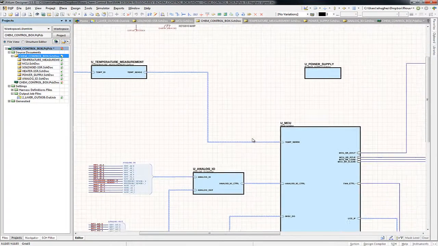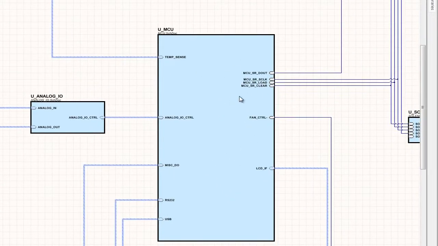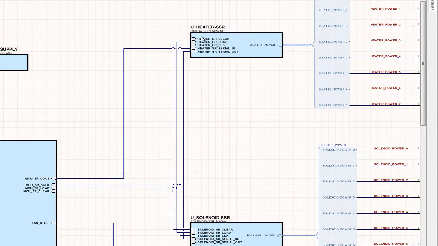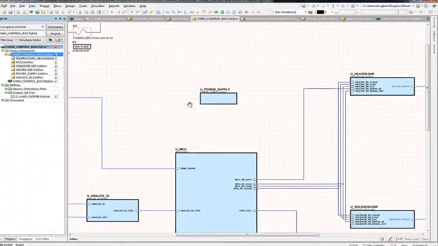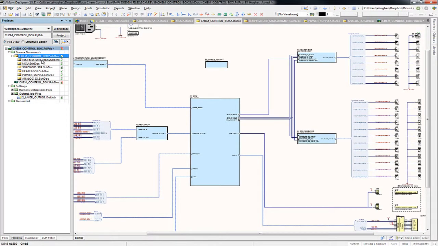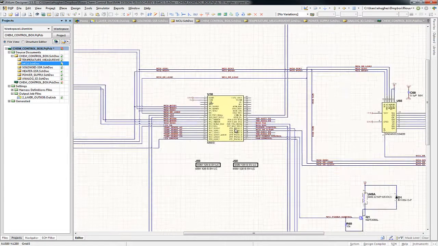So there's one in the middle called UMCU, for microcontroller. This shows all of the I/O coming out of the microcontroller page. There's one for the analog input output, the solenoid digital I/O, the heater I/O, and one representing the power supply. They're just blocks that represent the instances of these other schematic sheets. Now, if you're ever curious, we're going to take a quick look at what's in these different blocks. The first one I want to hit is the main microcontroller. And the reason I want to show you this is that, from the software perspective,